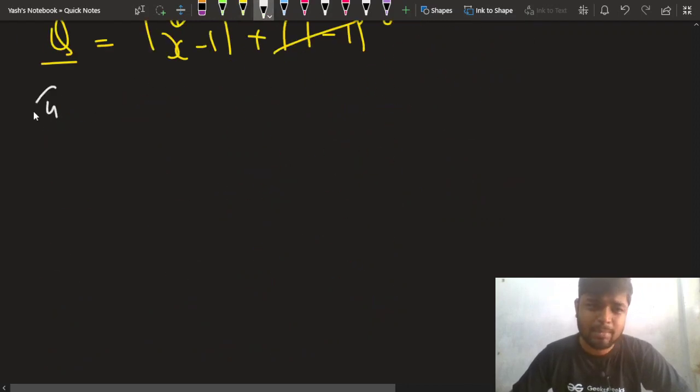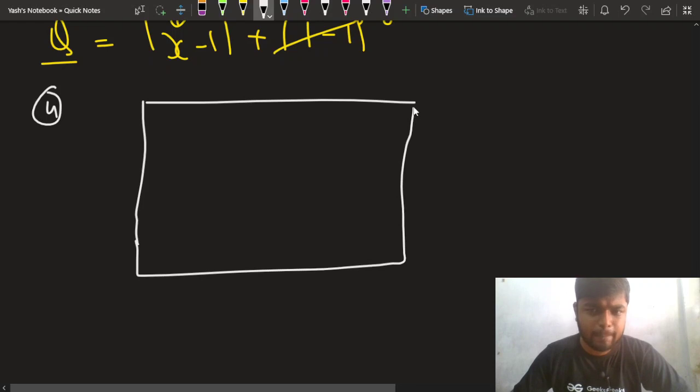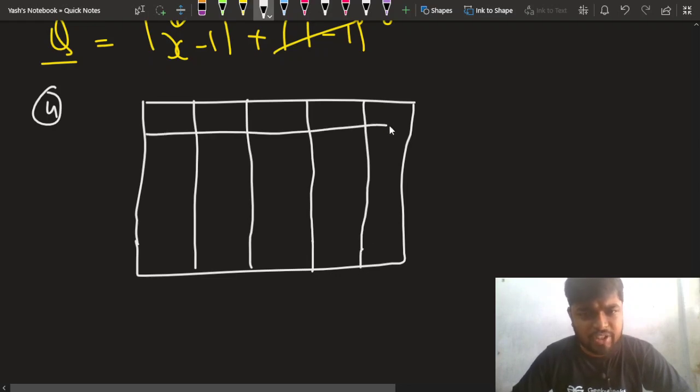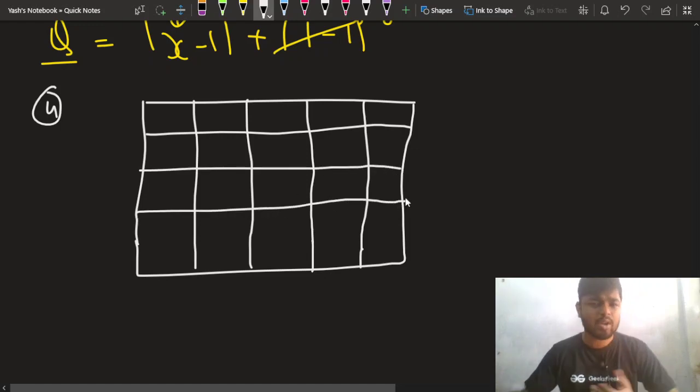The final case that can be possible is, let's suppose you have been given this grid. Let's draw this grid and take some cases for it, because these three basic edge cases are clear to us. Now we'll be looking into this fourth case and how we can solve it. Let me draw the grid first with some values, because only then will we be able to understand this.